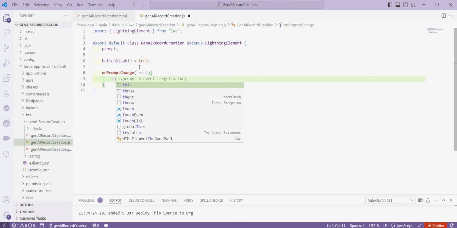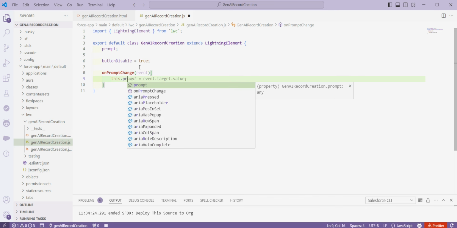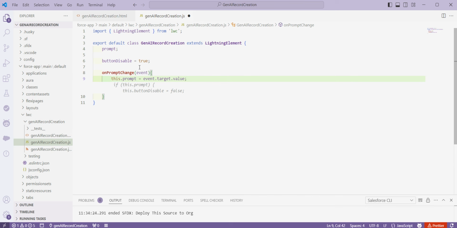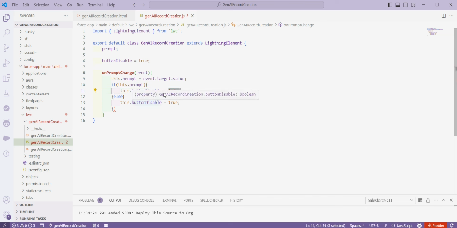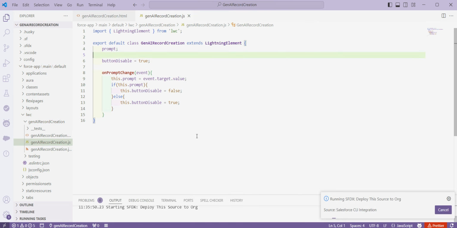So what I'll say is this dot prompt. Now if I say if this dot prompt, so here I said if the prompt is entered and valid, I'll say disable the button to false, and if not, make the button disable. So let's see if this works. So I'll just deploy this code,